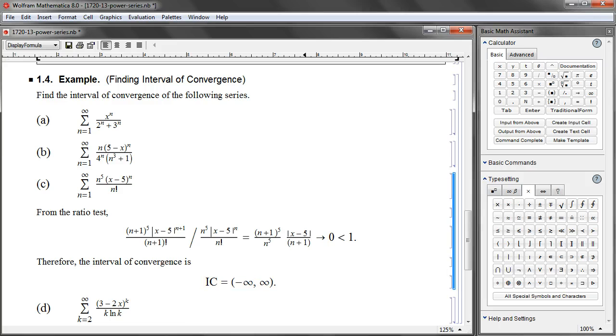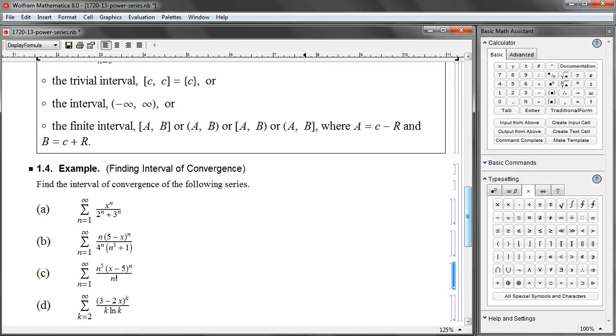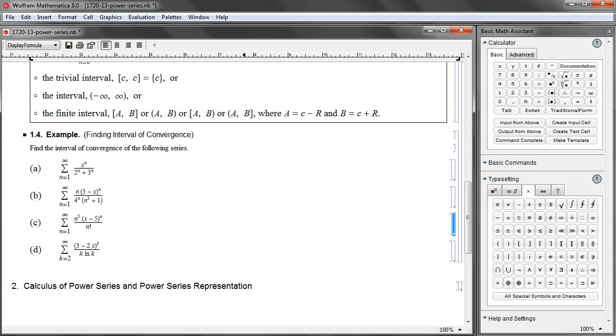Well, we ended up covering all kinds of different types of intervals of convergence except for the trivial interval, but that's really trivial. We went through a rather comprehensive exercise at